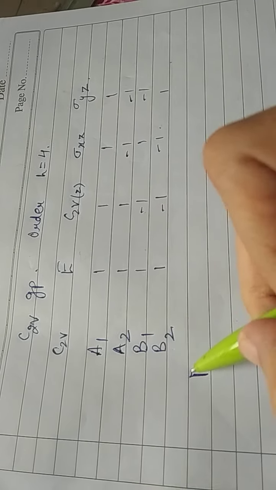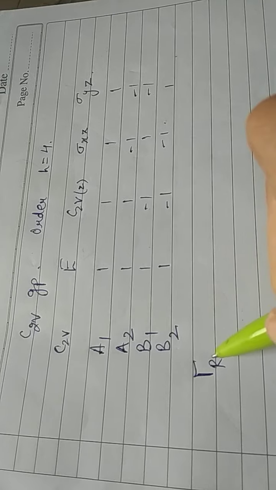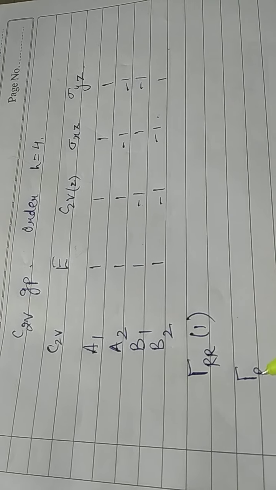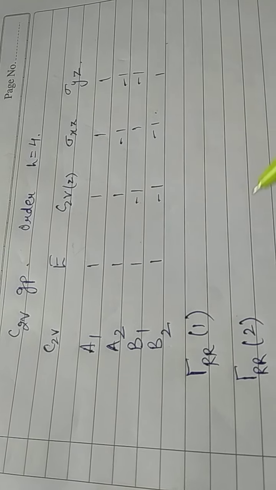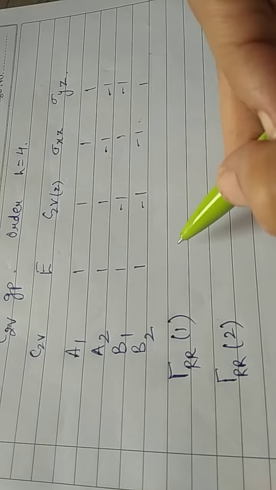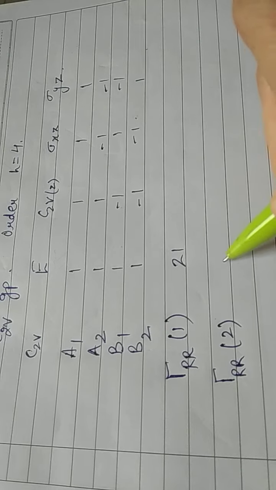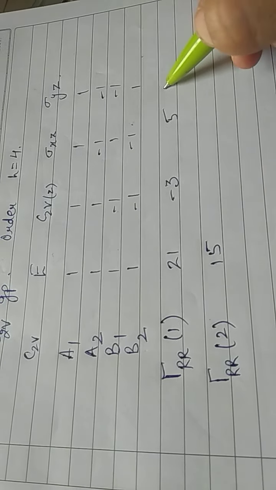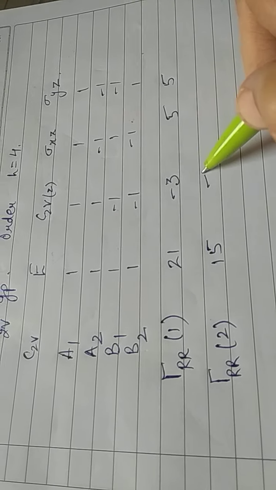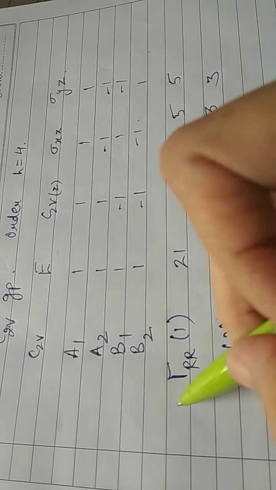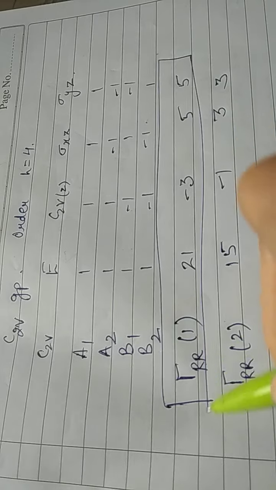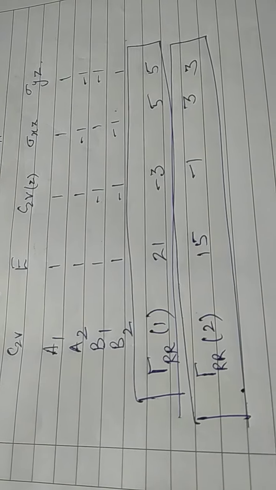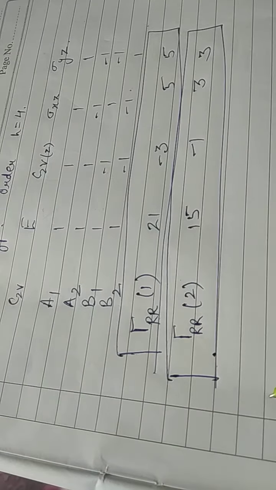Now I am providing you a reducible representation. This is the first example and this is a second example for a second molecule, any molecule. Right now I am not providing you with the molecule, just directly the answer. So first calculate this using the reduction formula and then do the same for the other one. Let's do it for the first one.